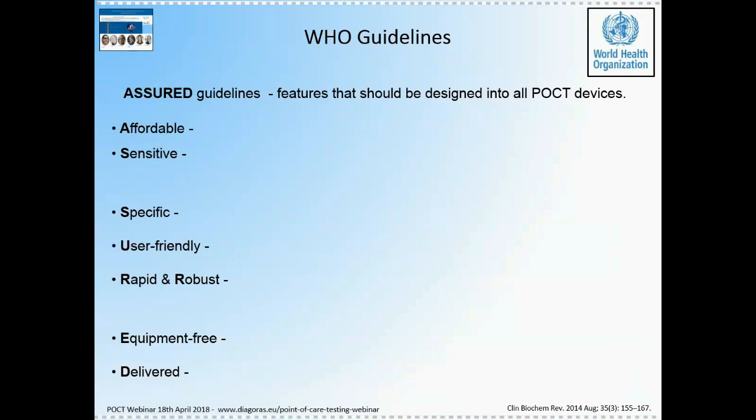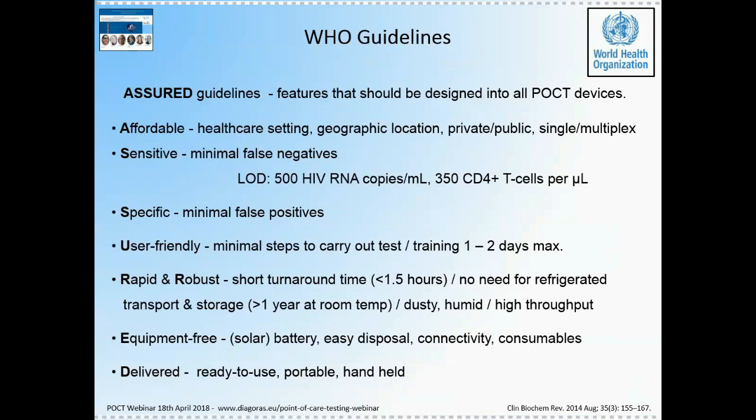that can be delivered to the end user. And these guidelines were really set as a way to help focus developers to make and develop devices that would be useful for end users. So these are the ASSURED guidelines or criteria. And this is some examples of what exactly the ASSURED criteria are talking about. So affordable, of course, speaks for itself. If you're in a lower middle income country, you may not be able to afford an ID-POCT diagnostic apparatus, certainly for lower middle income countries.